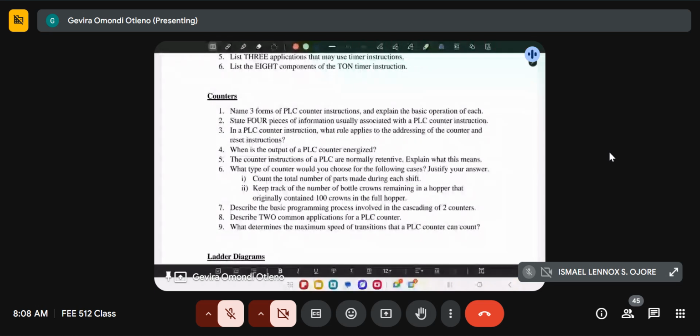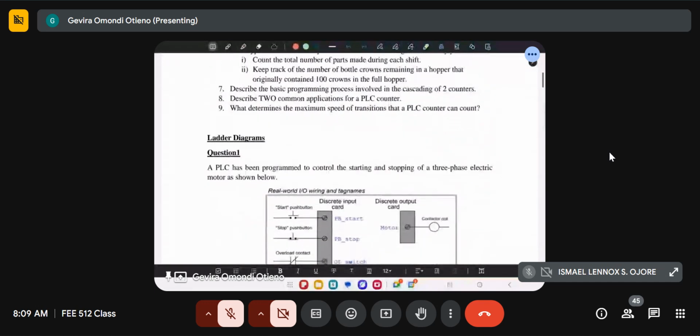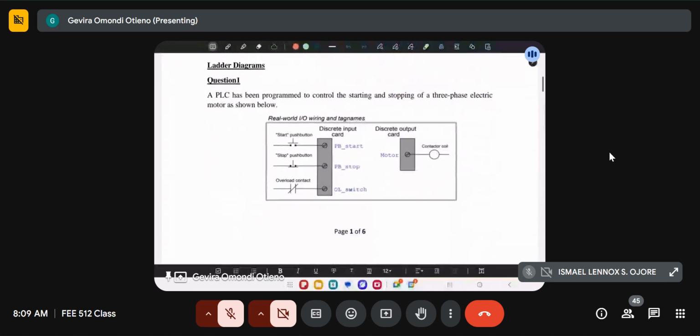All right. So let me get to the gist of the matter, which is on ladder diagrams, because I know this is where probably quite a number are experiencing issues. So it's important for me to assist you to be able to solve these problems easily. Now,